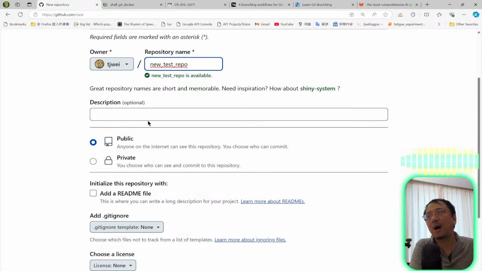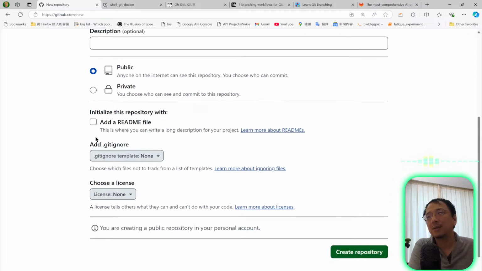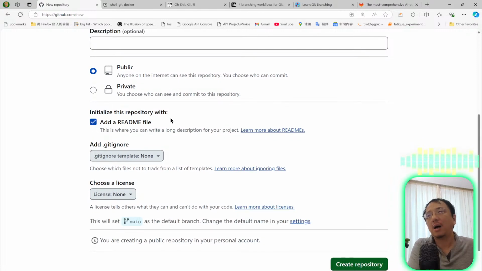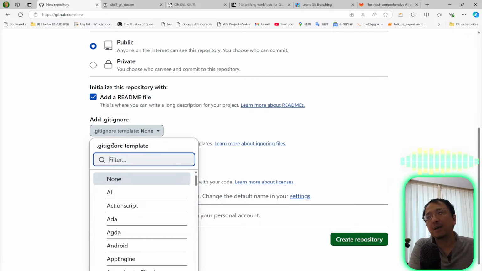And you can give some optional description here and make it public or private. And if you wish, you can add a README file into it. And here, you can add something like gitignore. What does